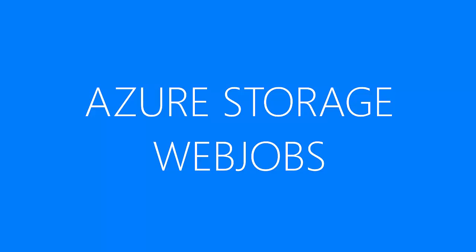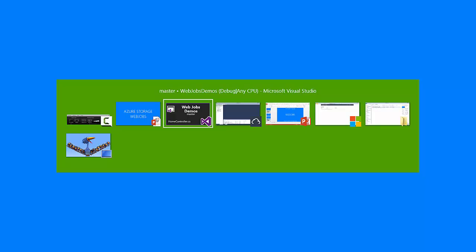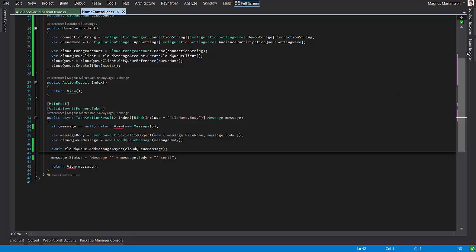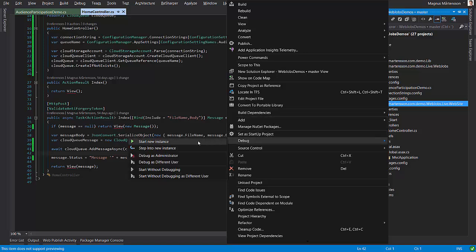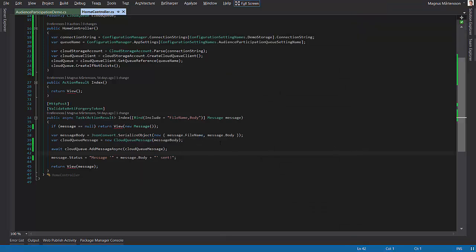This demo is going to be about Azure Storage WebJobs. So I'm going to show you the storage features of integrating your WebJobs with Microsoft Azure Storage. To kick it off, I will launch myself a website here that I have. I will start this website, and this is a website that I actually deploy into Azure for my presentations that